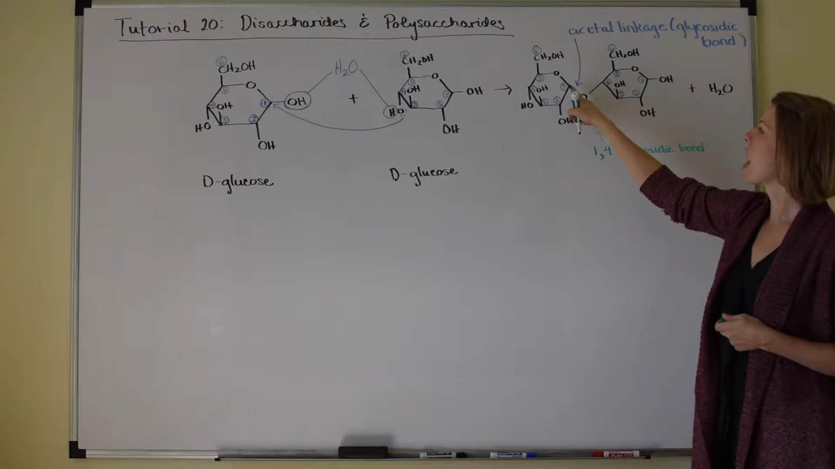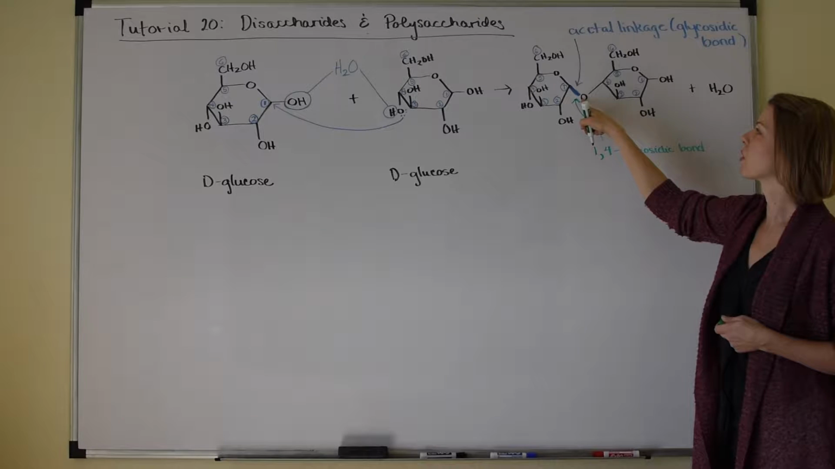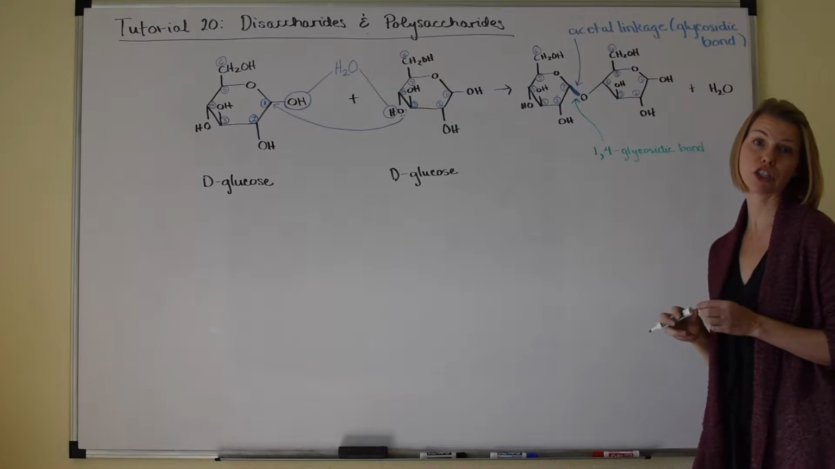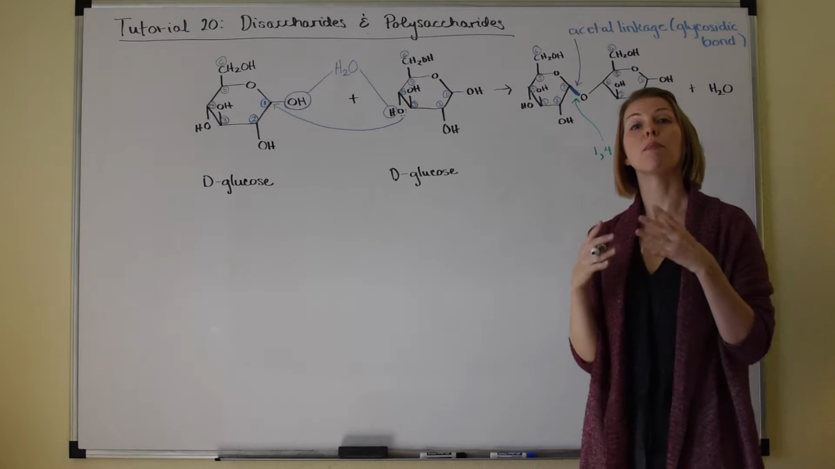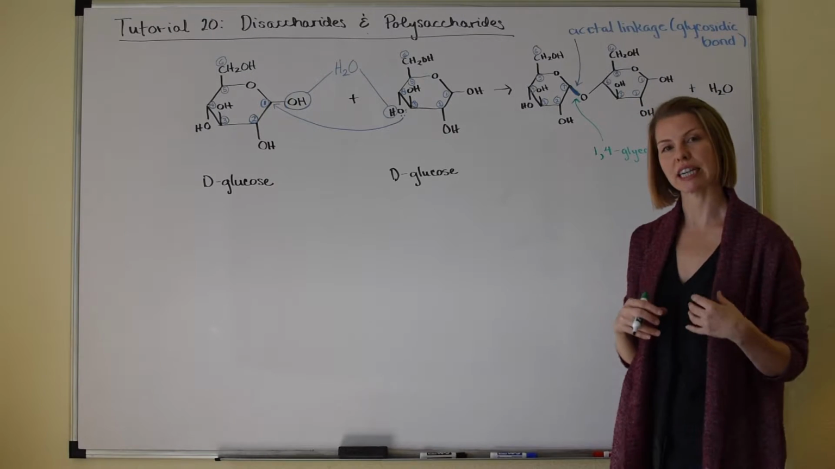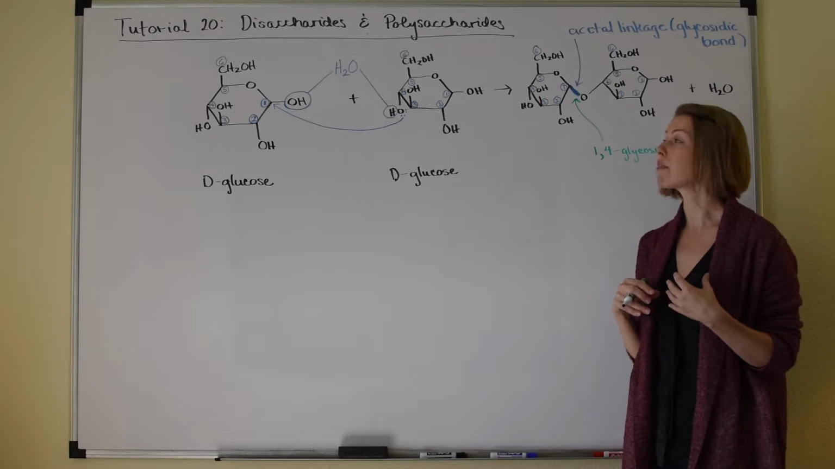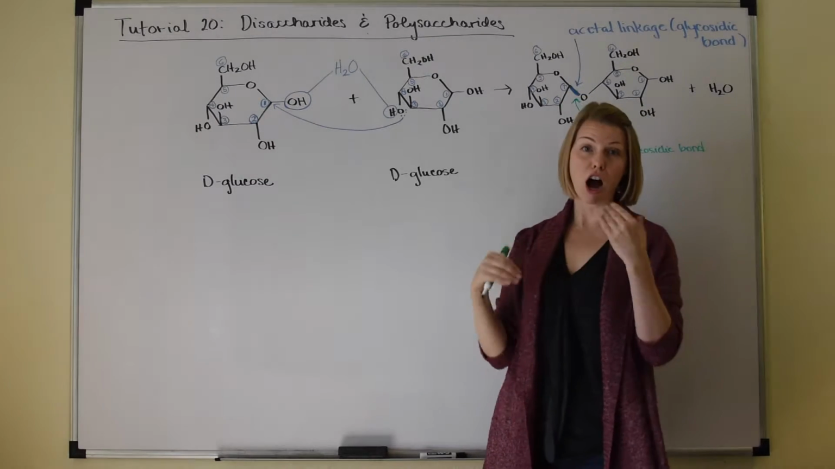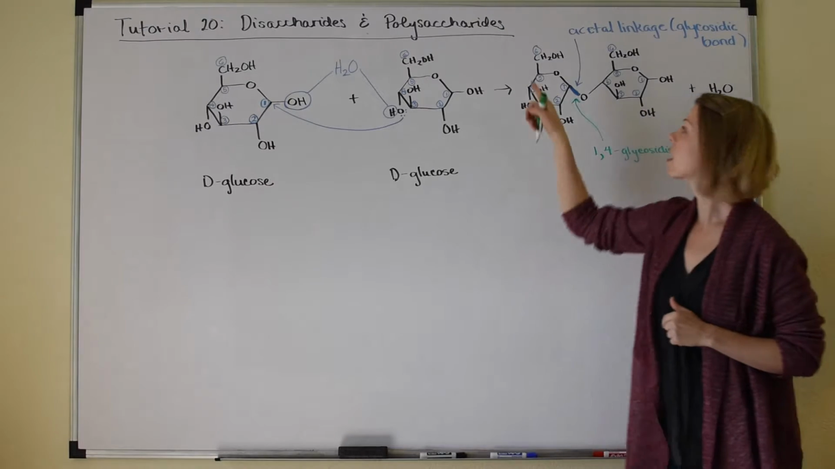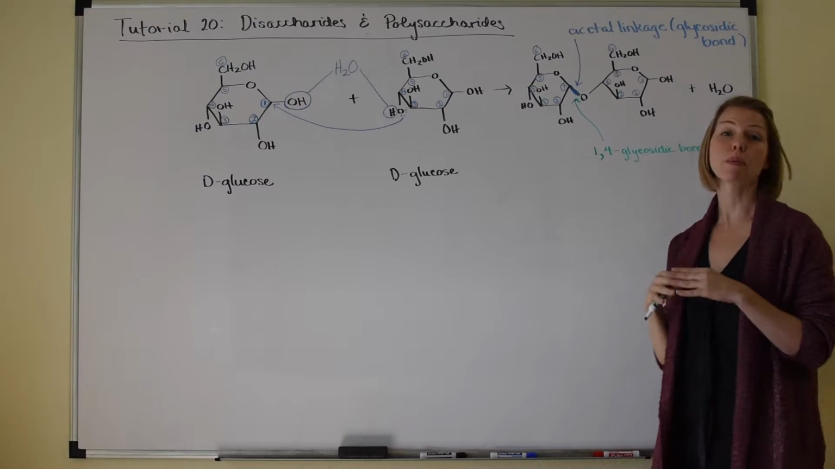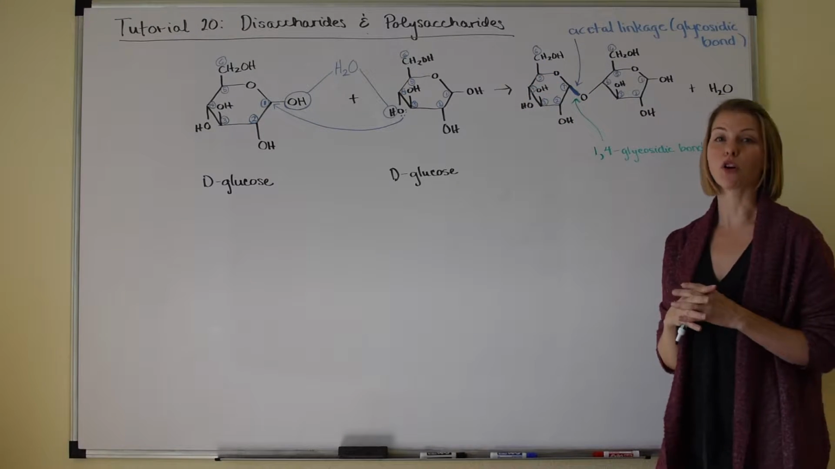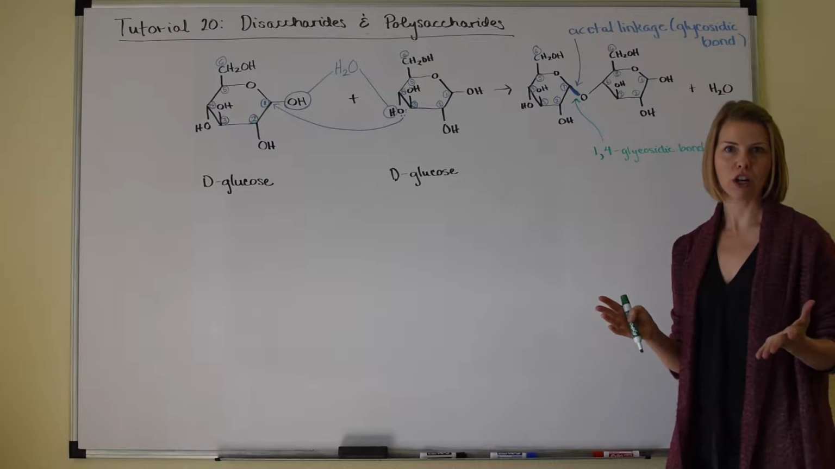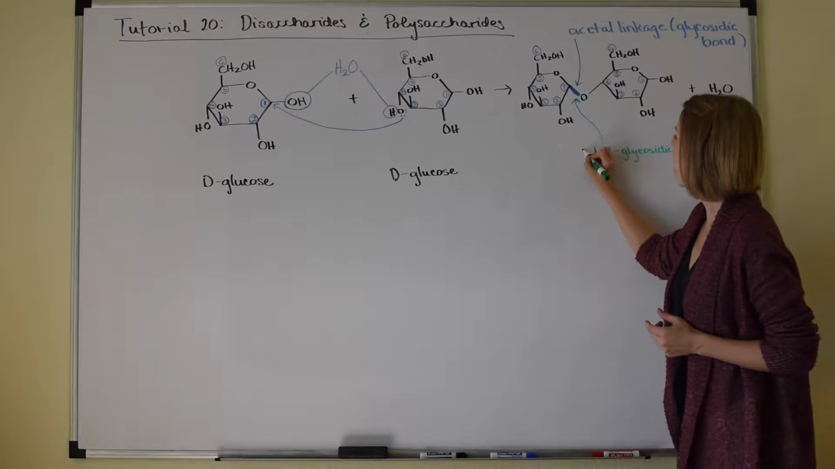Now notice that it points down, which is the opposite orientation of the CH2OH. When we learned about monosaccharides back in tutorial 19, remember that if the OH of the hemiacetal was in the opposite direction of the CH2OH, that was the alpha orientation. Same thing goes with the acetal. So this is an alpha